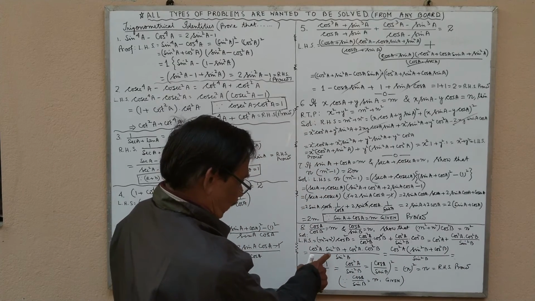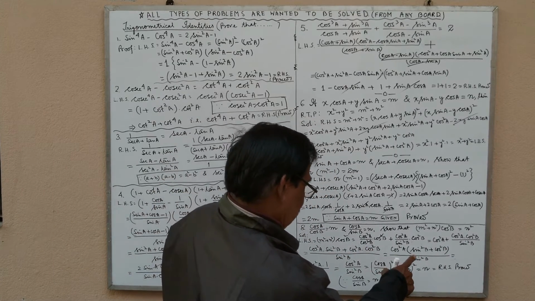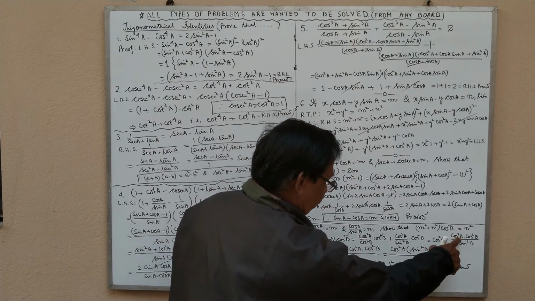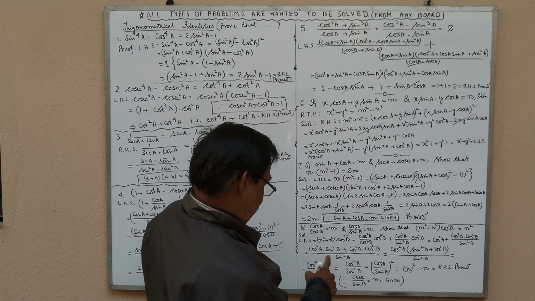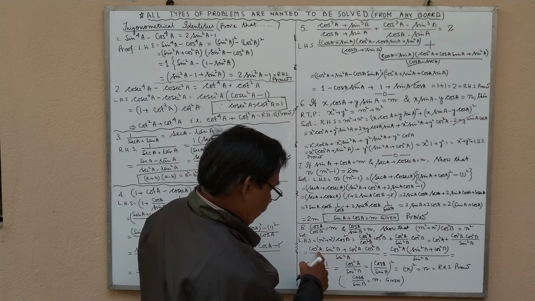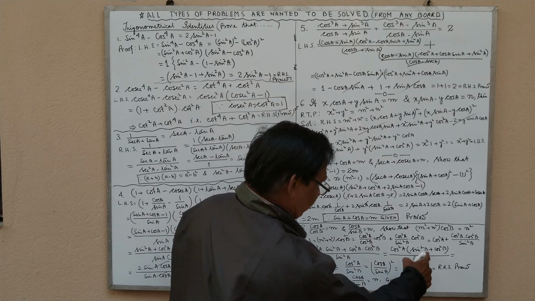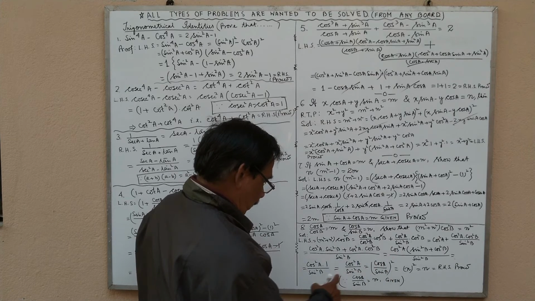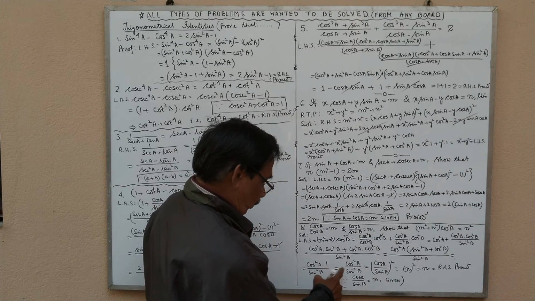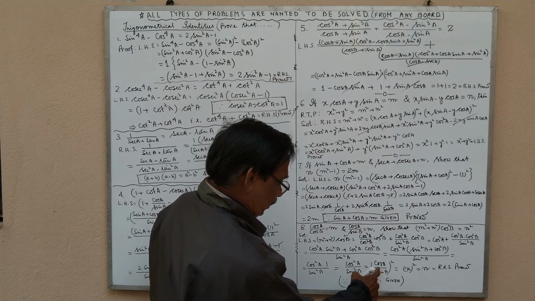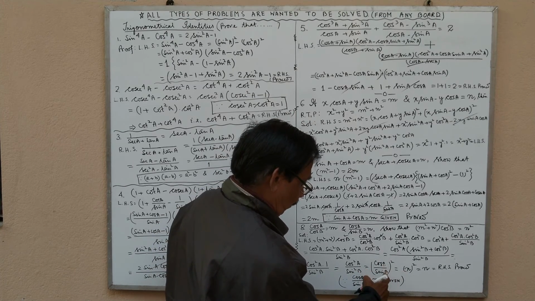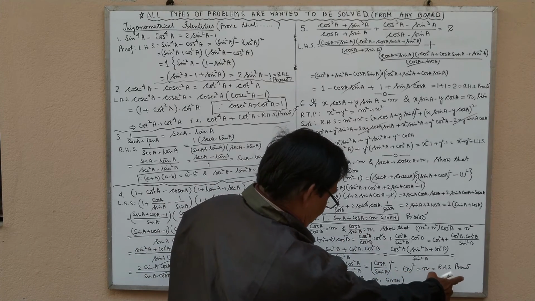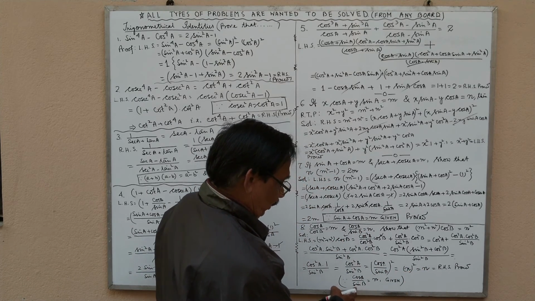Now adding this, cos square a sin square b plus cos square a cos square b. Now take cos square a common, here will be sin square b plus cos square b, which equals 1. So it will be cos square a into 1 by sin square b, that is cos square a by sin square b. That is cos a by sin b whole square, and cos a by sin b equals n, so it is n square. We know that this is given.